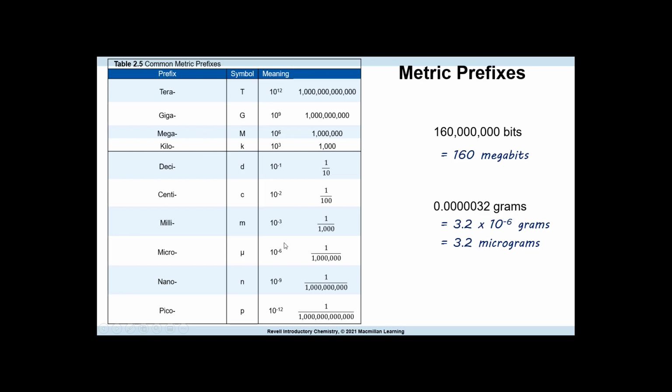It's large, so anything below this is less than 1. Anything above it is more than 1. And kilo is here. Kilo is 1,000. Mega is 1,000,000. So if we see this, you can see this is 160 million. That's what this means. When you say 160 megabits, that's exactly what you're saying here.